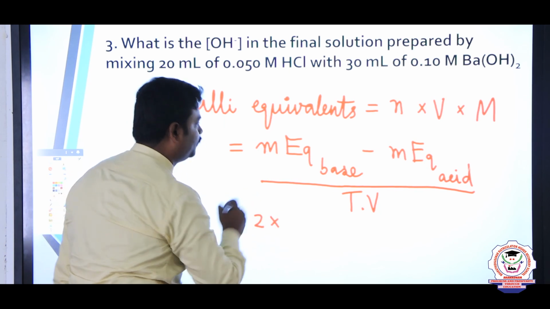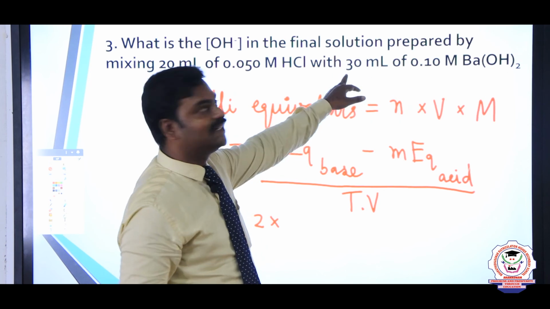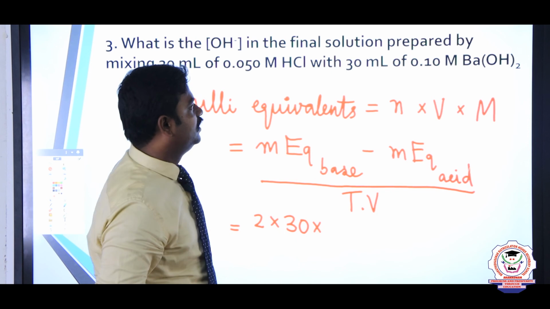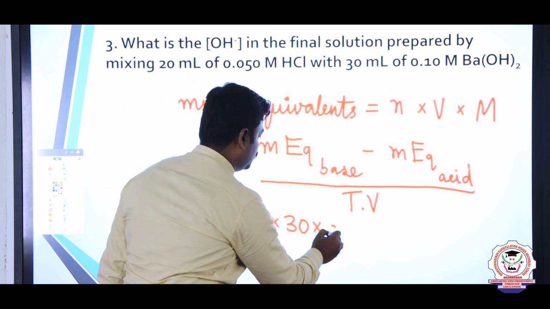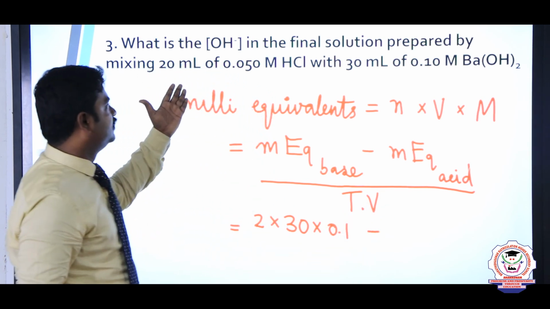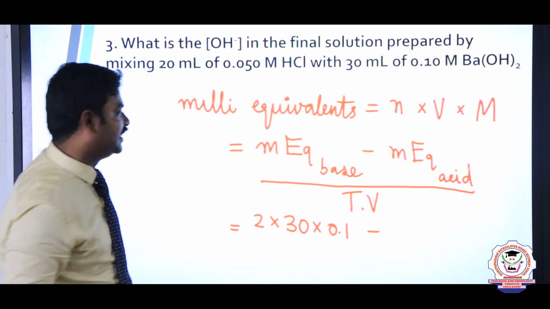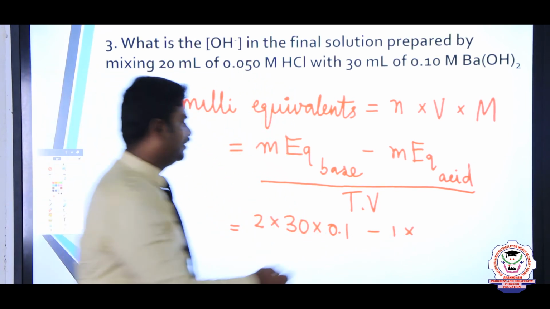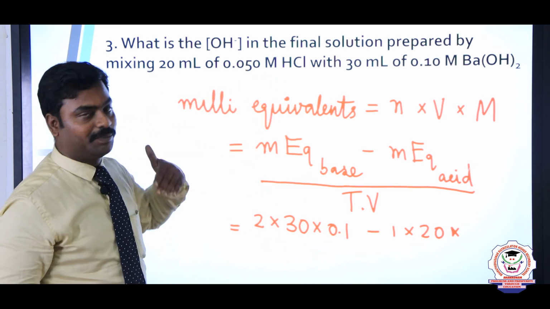Next, the volume is 30 ml, into the molarity, it is given as 0.1, minus. Now for acid, the n factor for HCl is only 1 because only one H plus ion is there. Next, the volume of the solution is 20 ml, 20 into the molarity 0.05